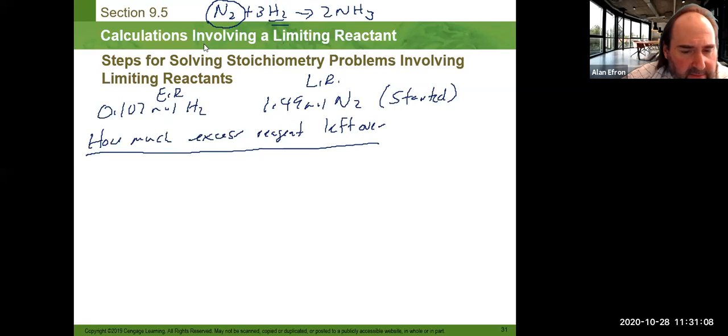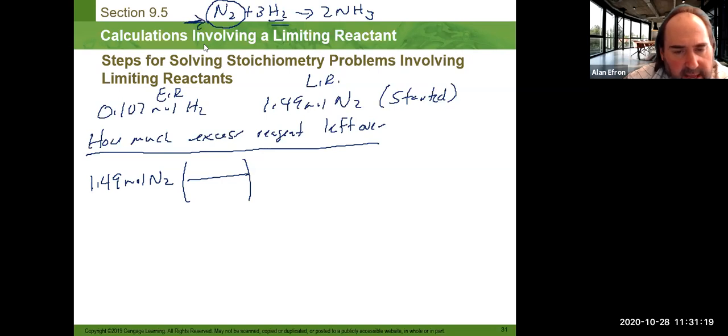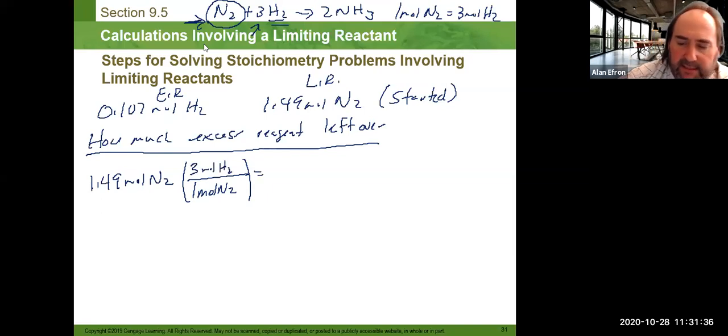We would start with our limiting reagent, which is 1.49 moles of N2. We would do a mole-to-mole relationship between the nitrogen and the hydrogen, and that is 1 mole of nitrogen gives us 3 moles of H2. 1 mole of nitrogen, 3 moles of H2. That's going to tell us that we will end up with